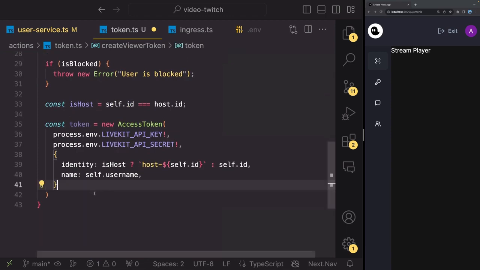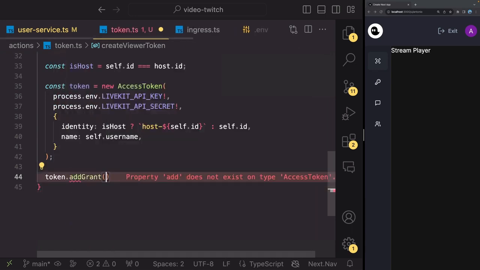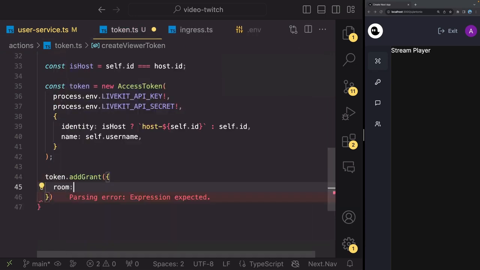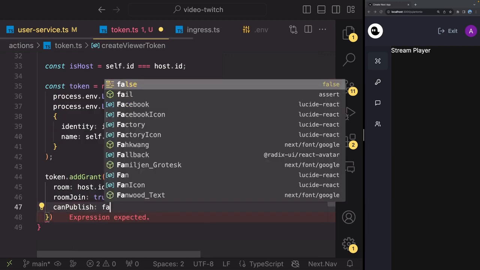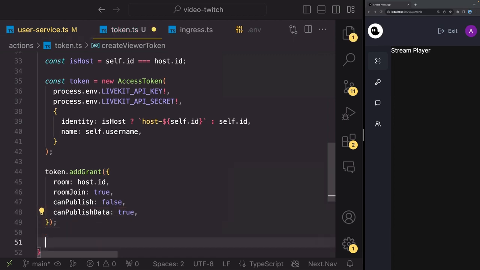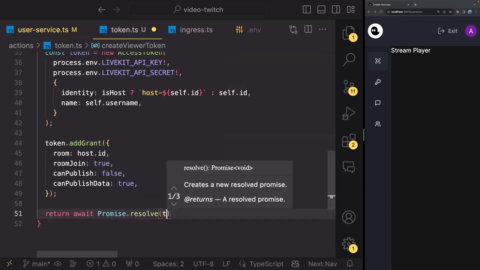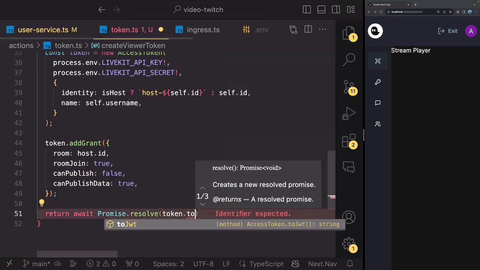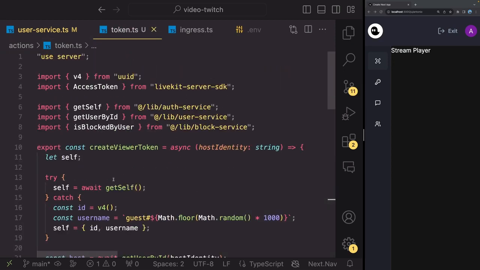Great. And finally, now we are ready to add some permissions to this token. So token.addGrant, room they're trying to join is going to be host.id. Room join field is going to be true. Can publish is going to be false. And can publish data is going to be true. Like that. And all we have to do now is return await Promise.resolve token.toJwt, like that. Great, there we go. We now have create viewer token, and what we can do now is we can head back inside of our hooks, use viewer token here,